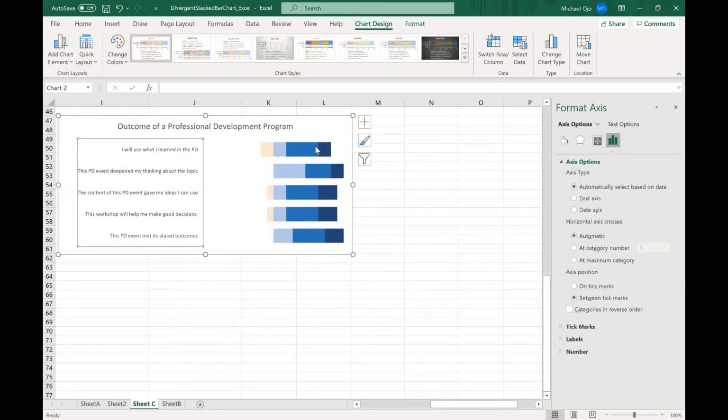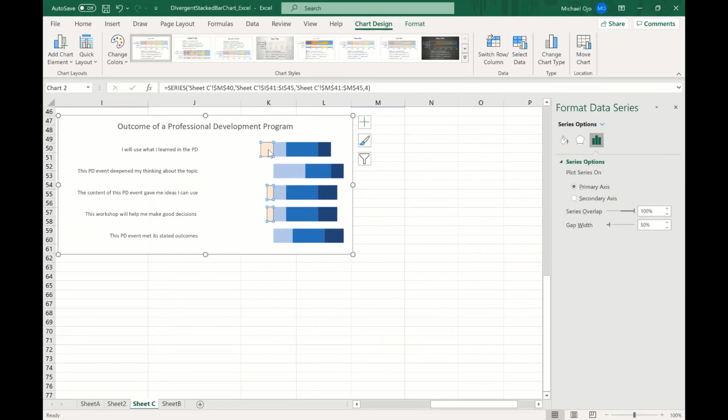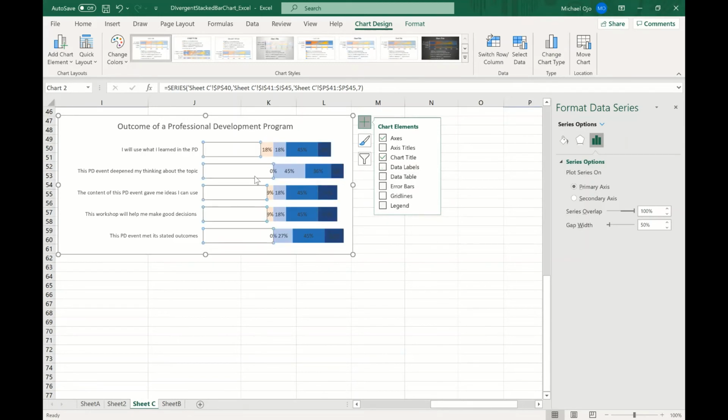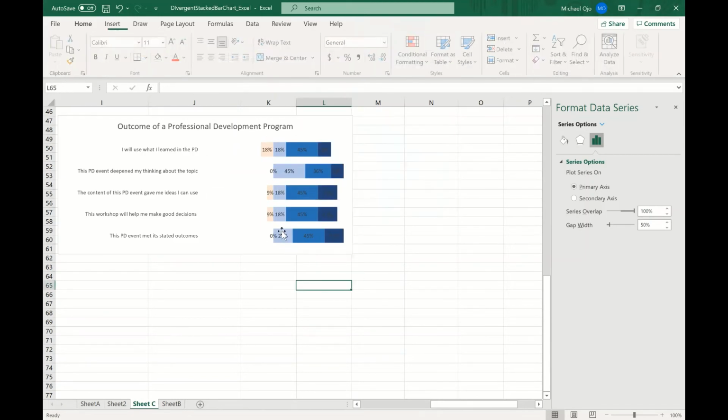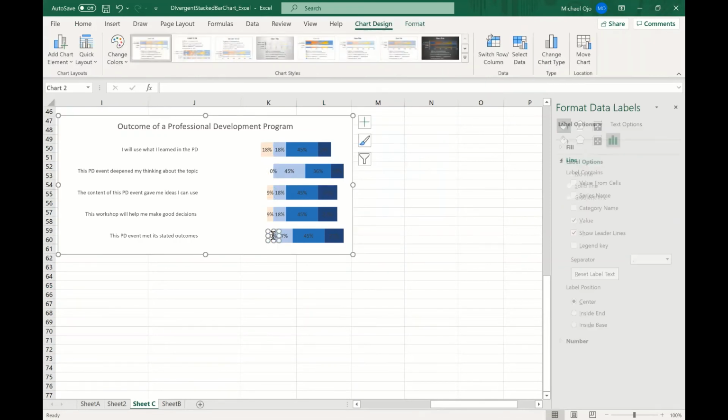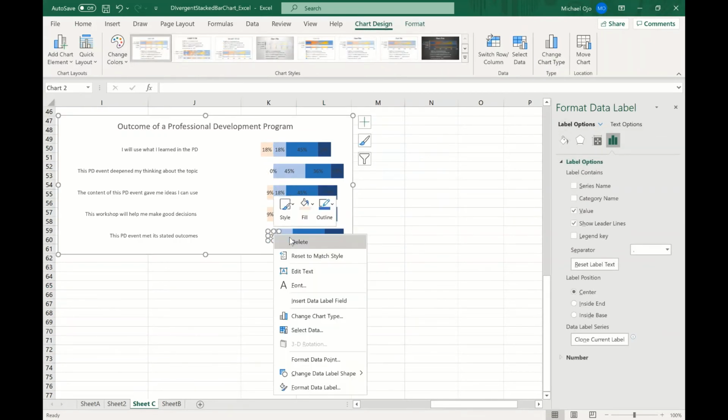So what do I do? I just go directly, I click each of it, and I select this positive and I check the data label. You can see I have the data label ready. I do the same thing. And that's it. So one thing I need to do here is I need to get rid of these zeros. So I just do that by, I'll click on that, I delete.